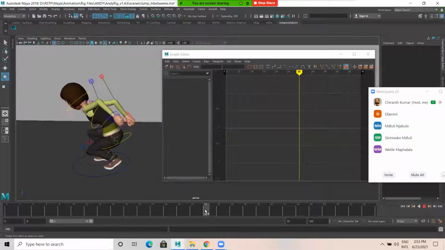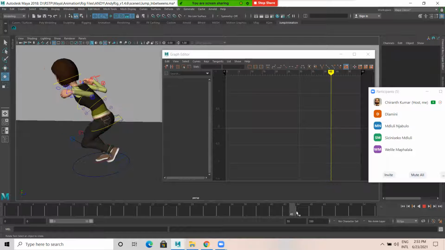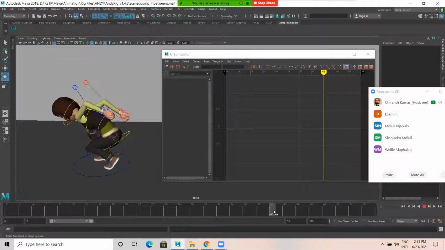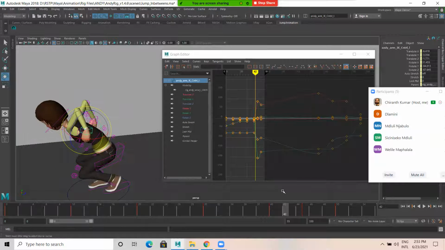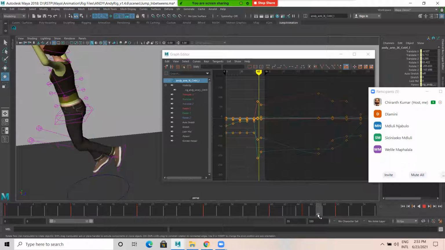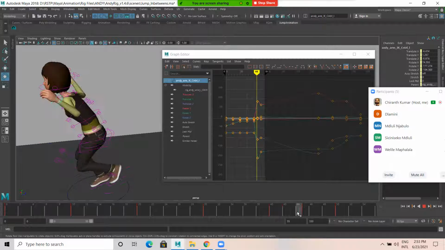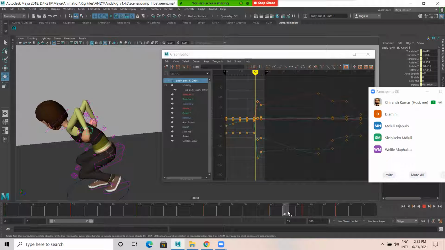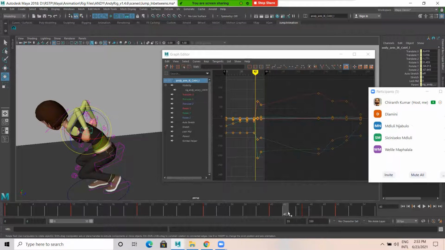So let's observe from 40 to 45. So I think somewhere here we need to work on this a bit. So 40 is here, 45 is here. Okay, so somewhere at 42 or 43.